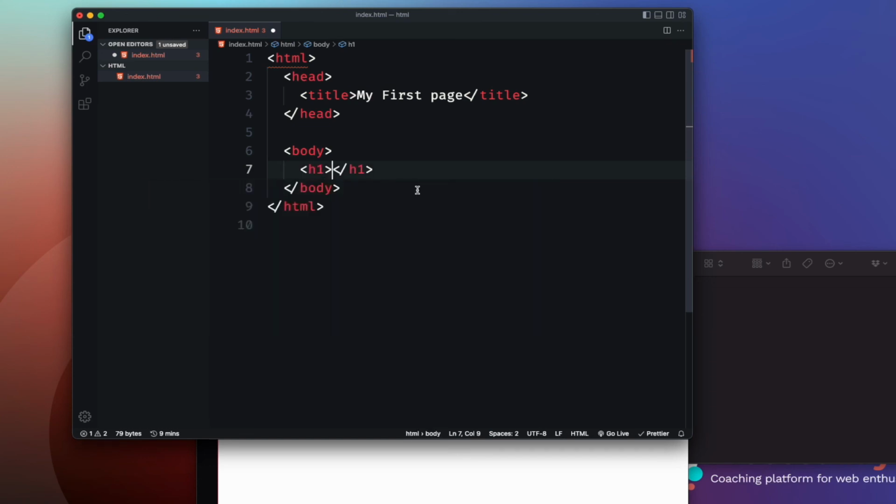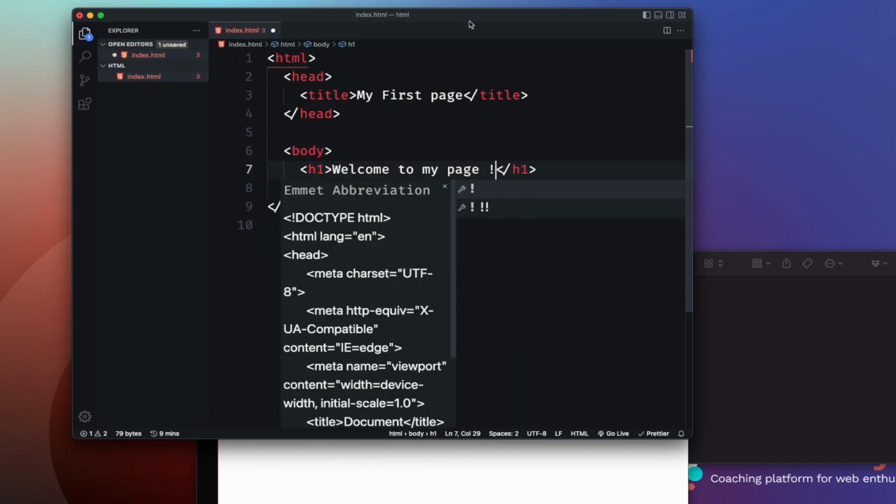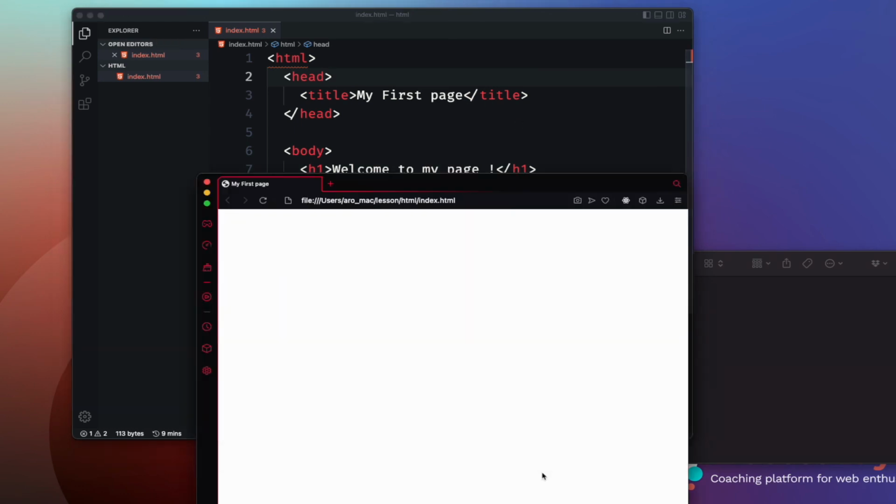H1 is header, meaning the first level of header, and you could just say welcome to my page. So if you save this and you refresh this document back, you have welcome to my page. Congratulations, you just created your first web page.